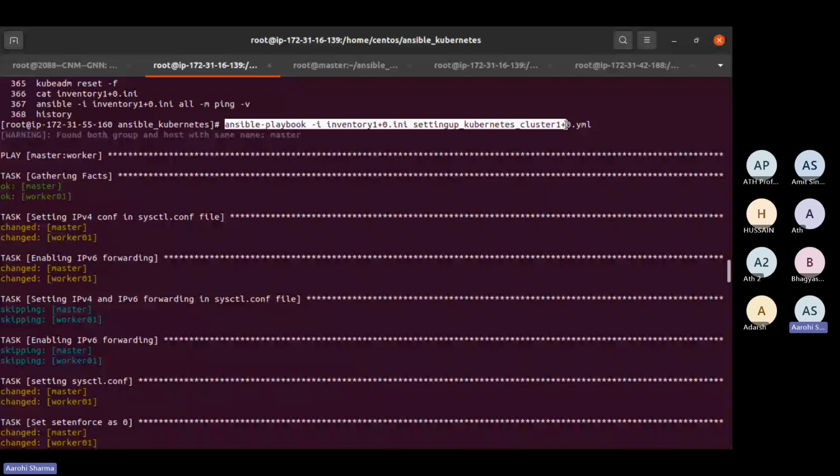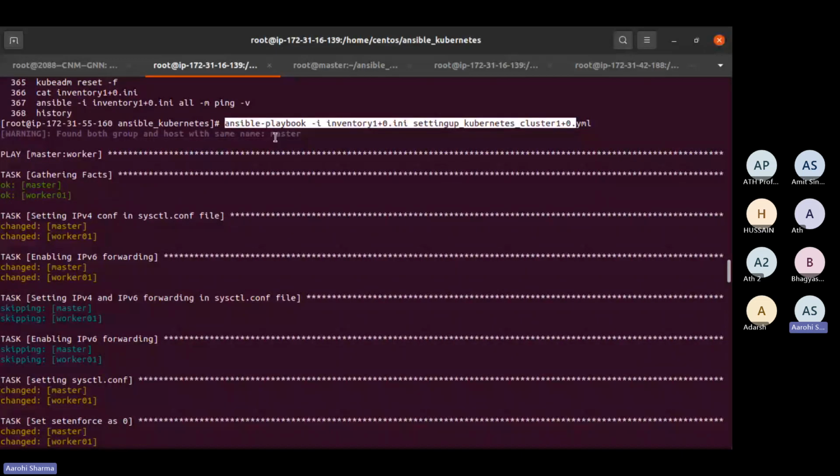We are running the ansible-playbook -i inventory command, where we found both the group and the host with the same name. After this, I'm just going to play the worker master. This is the output of this. Before coming to your session I had run it, but there's some password and connectivity problem, so it's not working perfectly, but I'm telling you the steps. When you run this particular ansible-playbook -i with the inventory I have shown you, it sets up the Kubernetes cluster, which I have already shown you in this file.